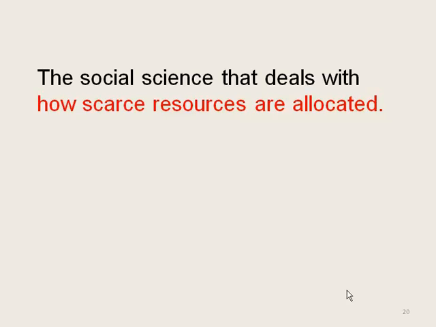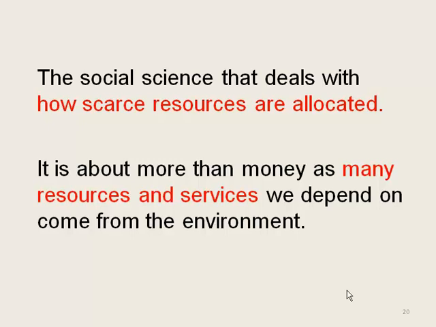So in general, economics is a social science, and it deals with how scarce resources are allocated. And to the extent that there are 7 billion people on the earth, most resources have the potential to become scarce fairly readily. But as we noted, it considers many other areas than just the money and the finances. Many of the resources and ecosystem services that we depend on come from the environment, and as such would need to be valued and analyzed much the same as any cost or financial resource would.